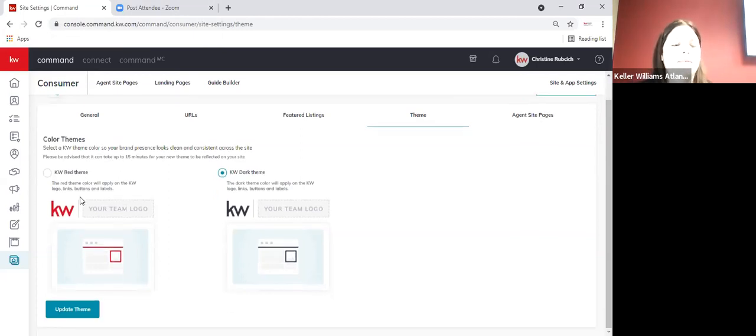So you can choose a different color theme. While there are slim choices, they have the KW red and the KW dark. I myself prefer the darker colors. So that's where we go. And you always want to make sure you're updating and saving while you are moving. Command does not yet auto save for us, so we don't want to do a bunch of work and then